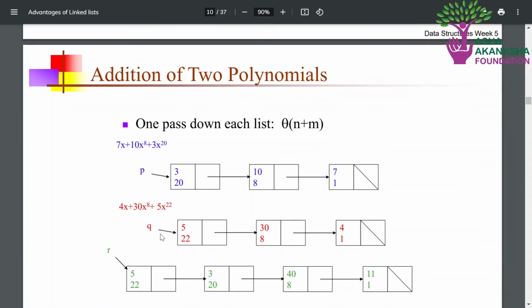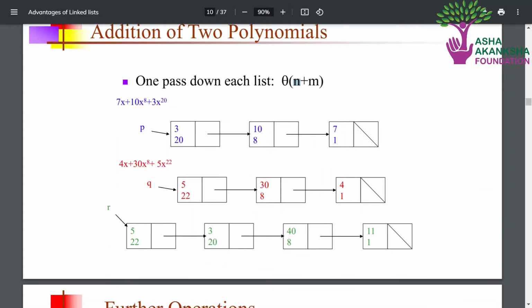So how can we add two polynomials? Pass through each list. Let's assume the length of the first list is n and the length of the second list is m. So the time complexity would be theta of n plus m. This is a very tight bound, so this is not just an upper bound. Assume that the first polynomial is this.